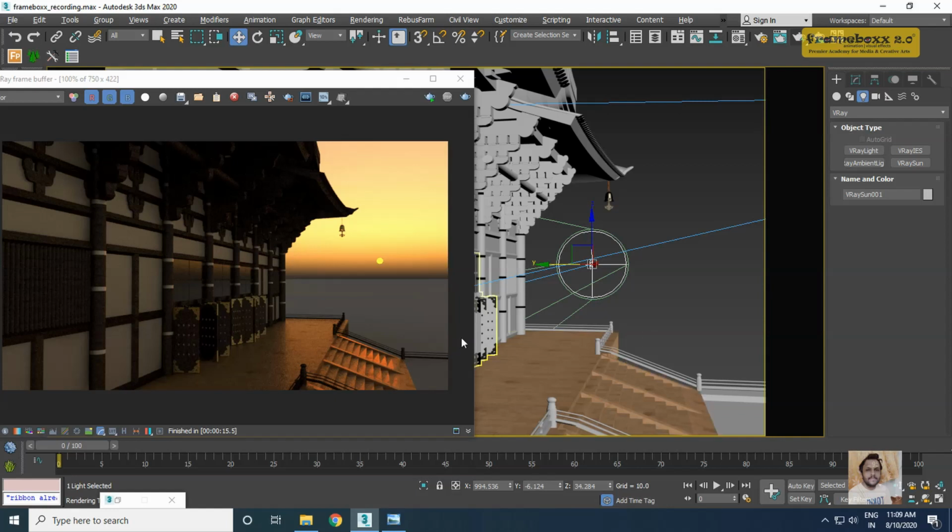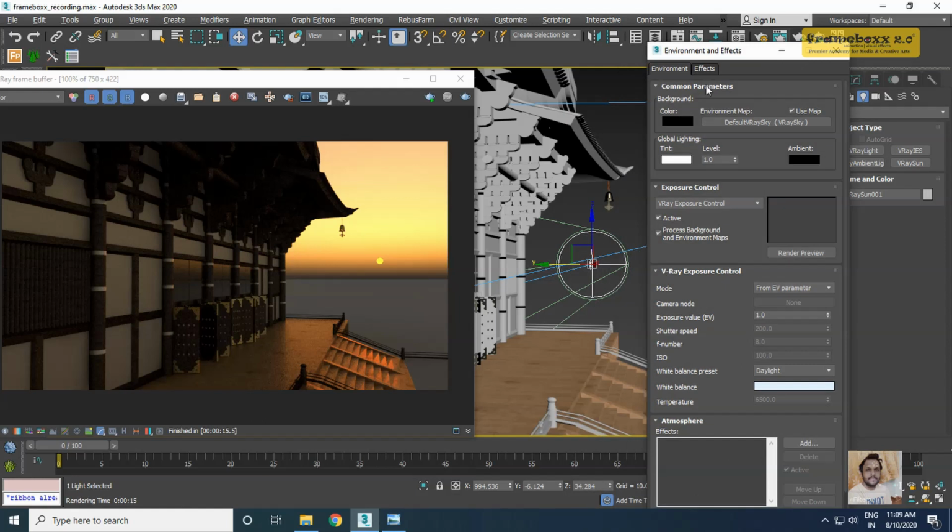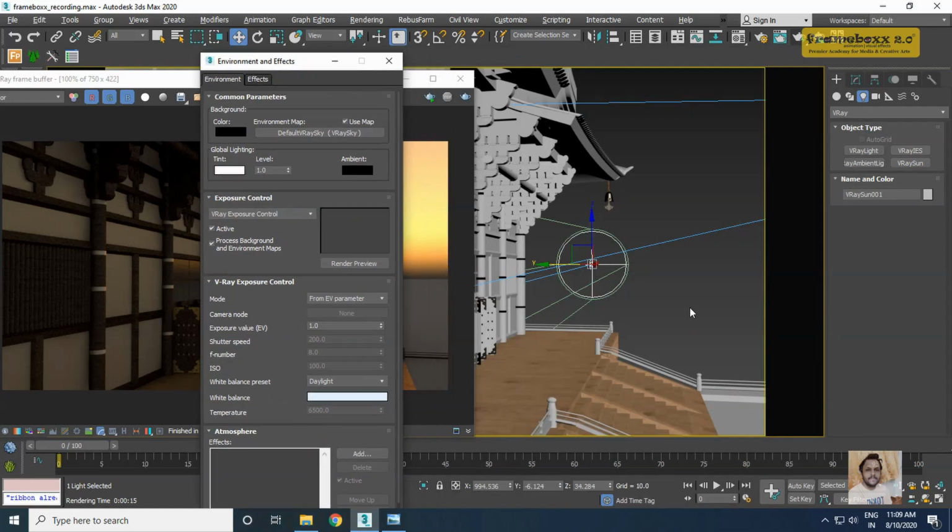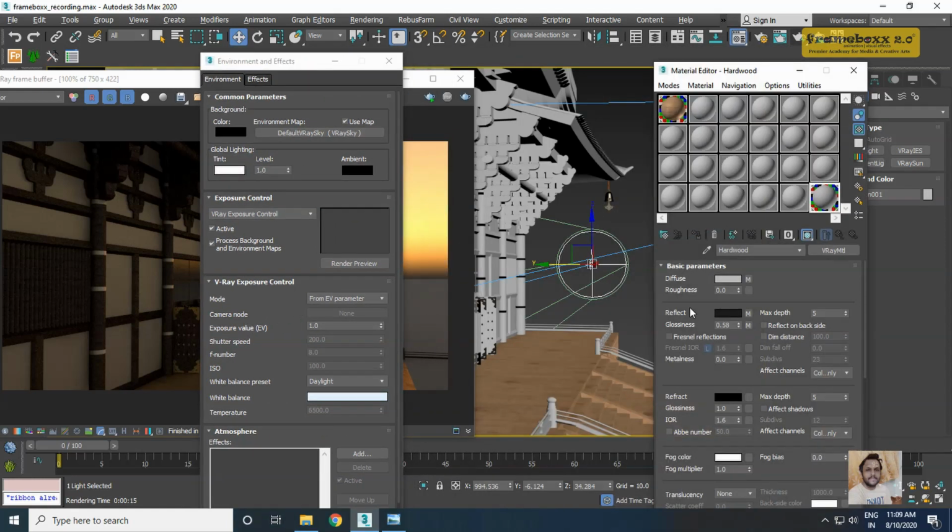Now if I have a requirement in which I want to increase the actual size of my sun, I can do that using the V-Ray Sky node, which I have put in my environment slot. So what we can do is, I'll go to my environment slot, then I'll press the M key, and I will drag this V-Ray Sky map to my empty material slot, and I'll say instance and OK.